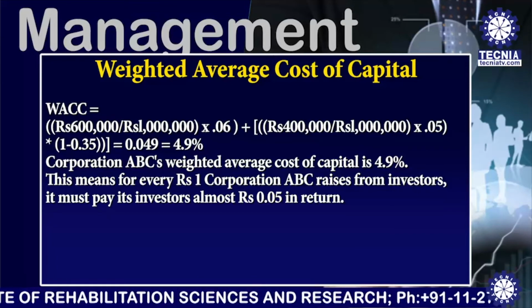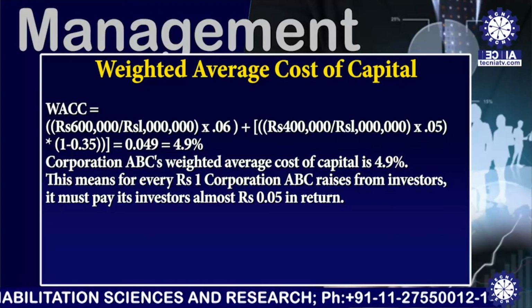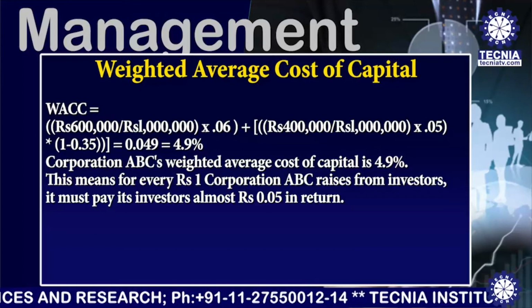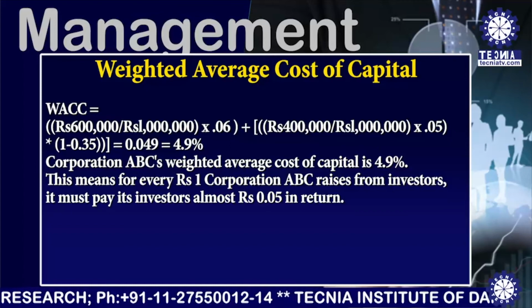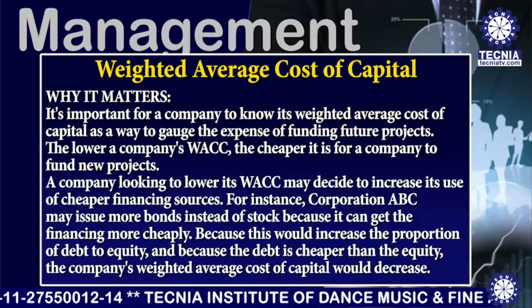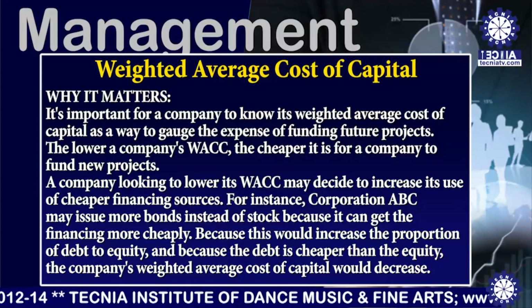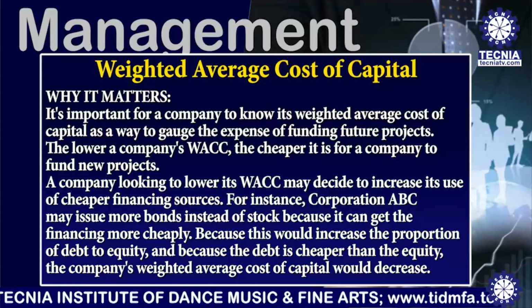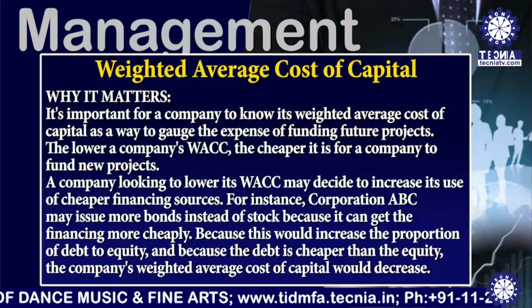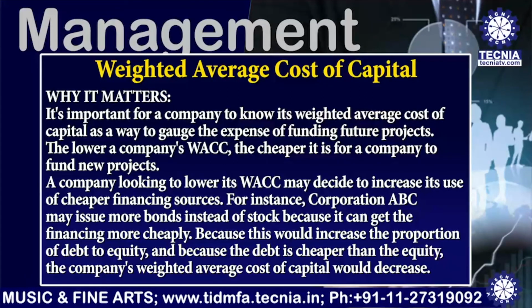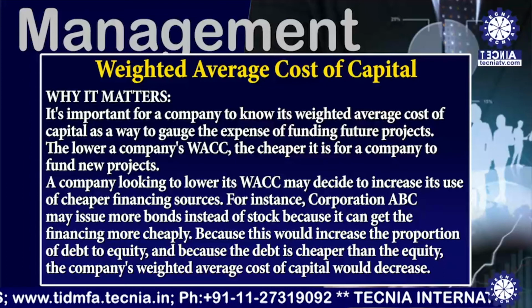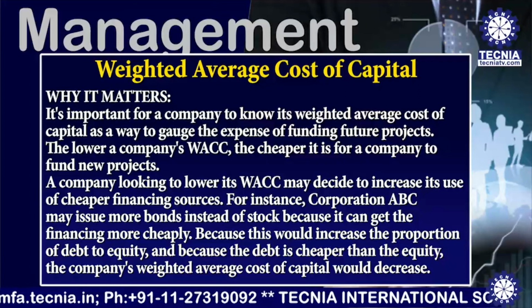This means for every rupee 1 corporation ABC raises from investors, it must pay its investors almost rupees 0.05 in return. Now, why does the weighted average cost of capital matter? It's important for a company to know its weighted average cost of capital as a way to gauge the expense of funding future projects. The lower a company's weighted average cost of capital, the cheaper it is for a company